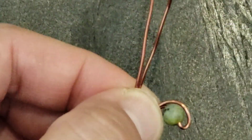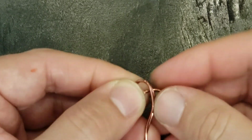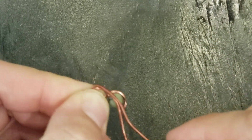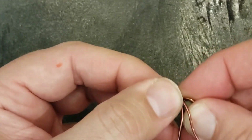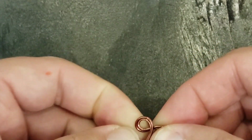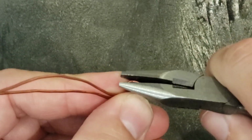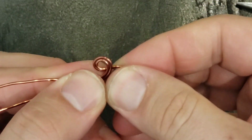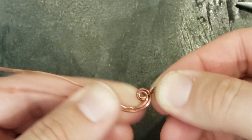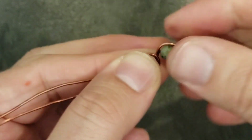All right, so we've got the strands together. We're going to do our first loop. You guys, you could do this with 20 gauge. I give you permission. It'll be just as good. When you can really get some strength in your fingers and you understand the way the wire works, 18 gauge is just really nice. All right, so got that tight, got our first loop in there,